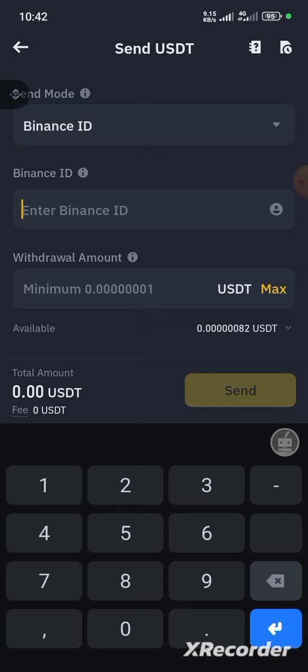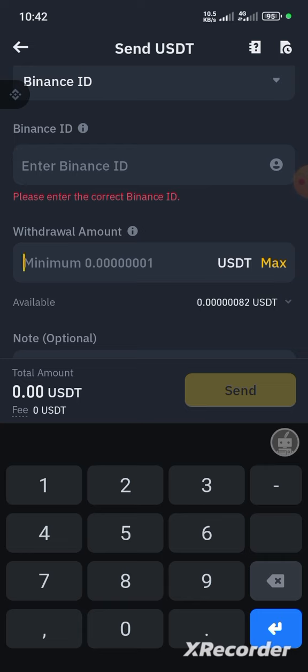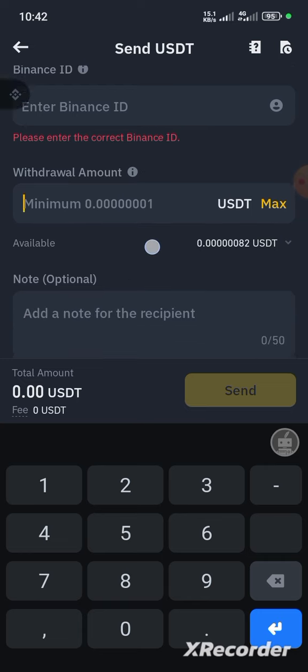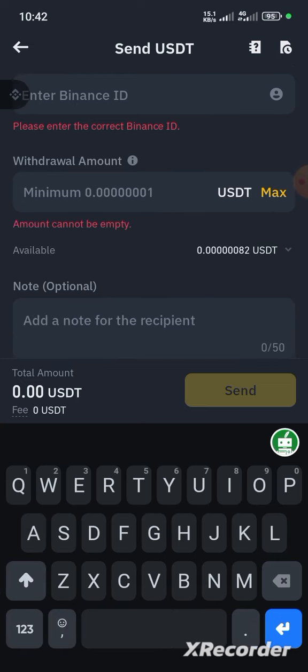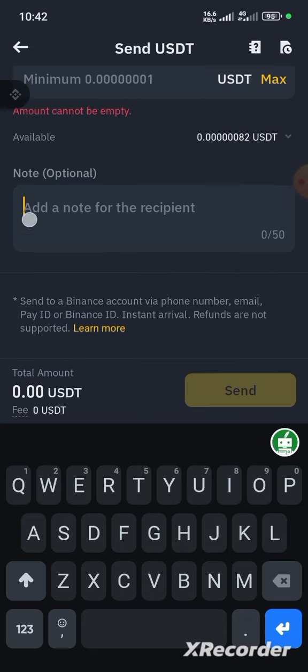Now you input the next option, the amount you want to send to the person. The next option, note, assuming you want to write to that person, the purpose of sending or anything like that, just put it down here. Then you click send. That's how you send from your account to the person's account without paying for transaction fee